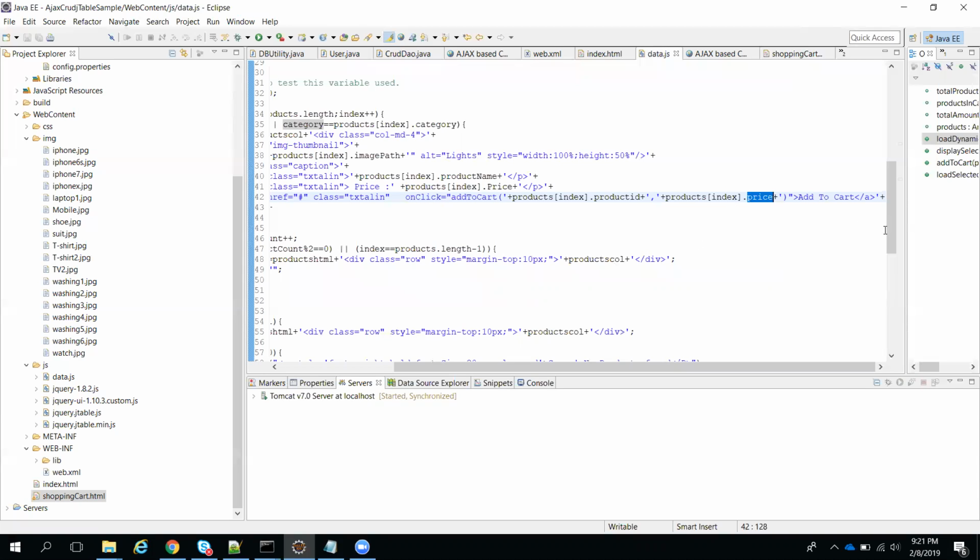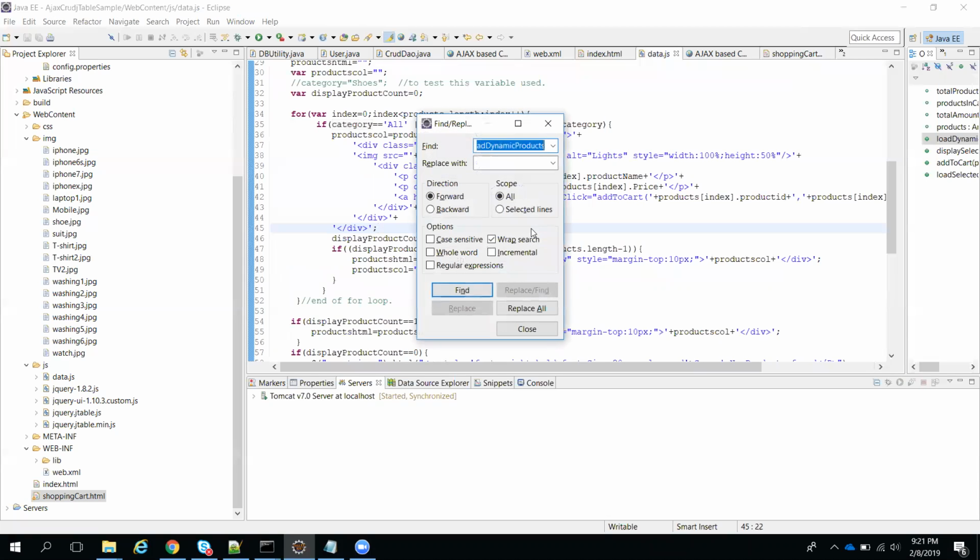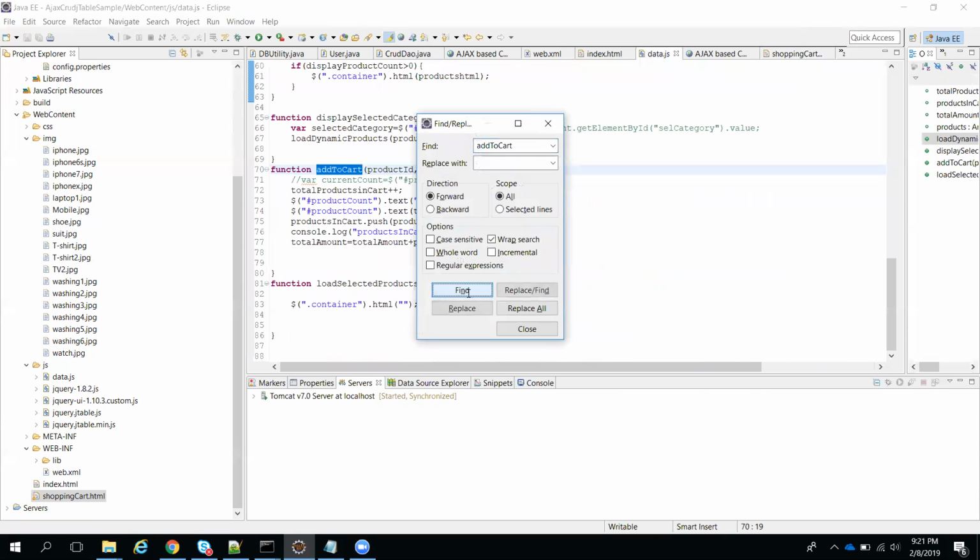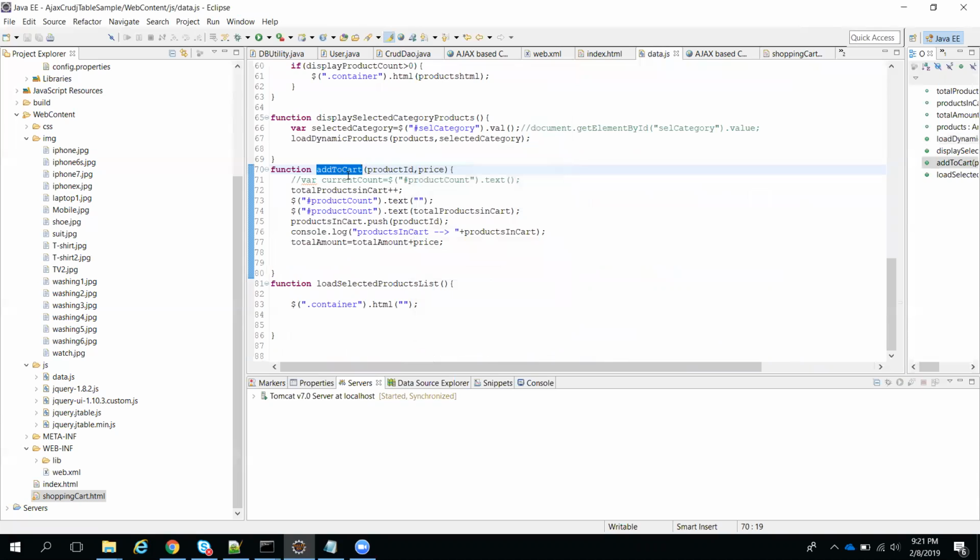So for that, I gave one function called addToCart. Inside addToCart, I'm incrementing the total products in cart, because I use this count to show in my HTML.